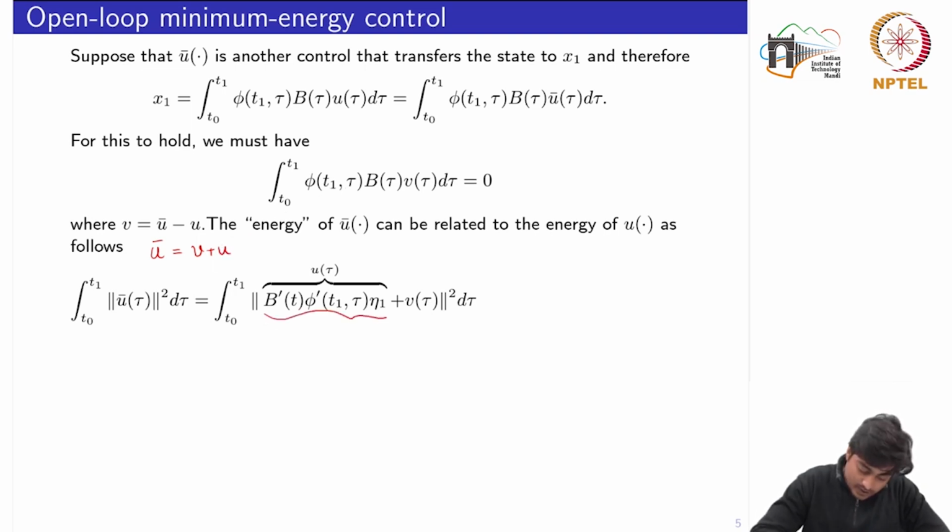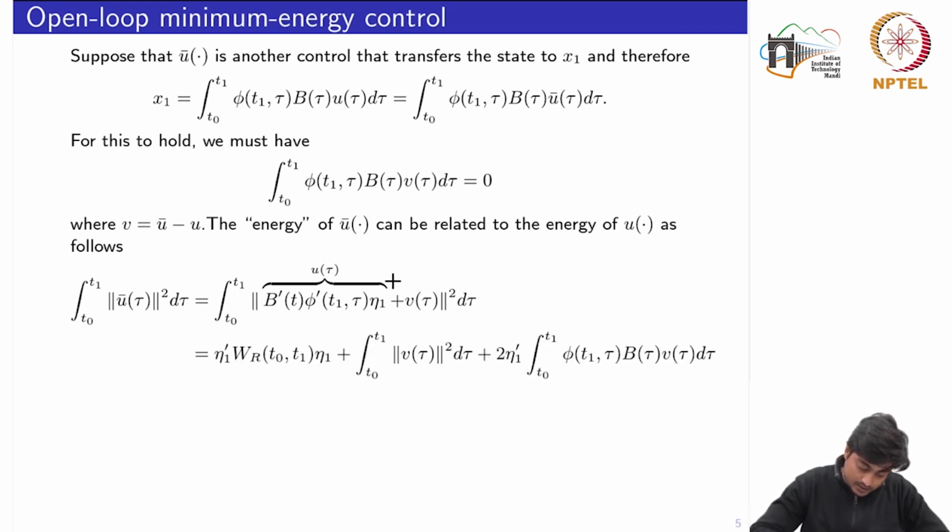So this is denoted by u plus v and the norm square. Now if we open this norm, we would have the norm square of the first term, norm u square, plus norm square of v, plus twice of u into v,